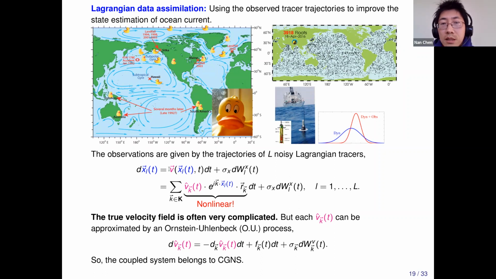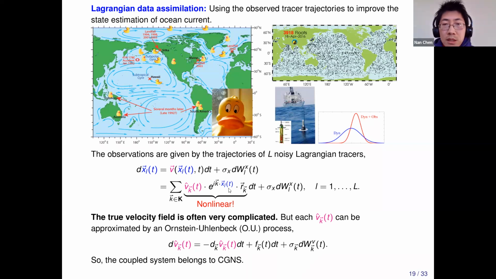If you think about that in Fourier space, you can do an expansion. But once you do an expansion, you will find this is a horrible equation, because x is our state variable for the displacement. Once you do the Fourier expansion, this x will appear in the exponential term. So this equation is highly nonlinear. Usually you can use the ensemble method. People will do those tunings, so they won't think this is a big deal in some cases. But this intrinsic nonlinearity makes it very difficult in general to do data assimilation.